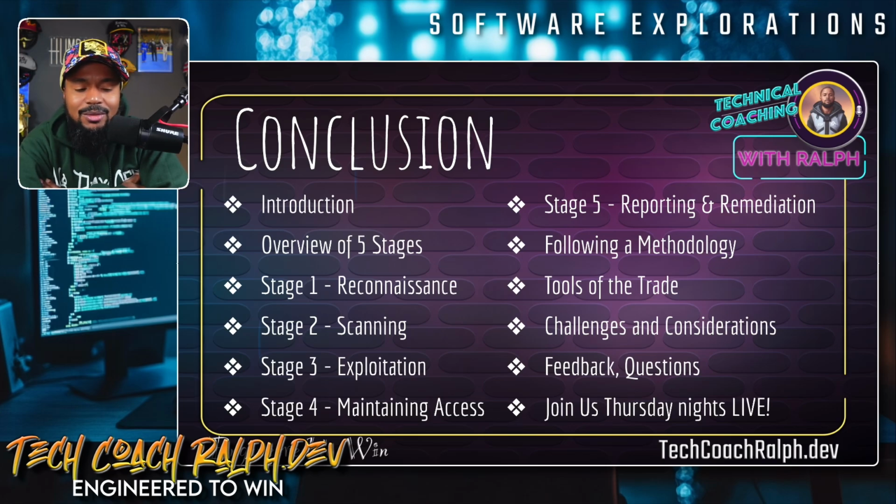We went through what scanning is, and what exploitation is, which is gaining access. We went through maintaining access after you've exploited it. We went through stage 5 of reporting and remediation, and why that's important. We spoke about the importance of following a methodology. We went through a list of different tools used at each stage, and we spoke about the challenges